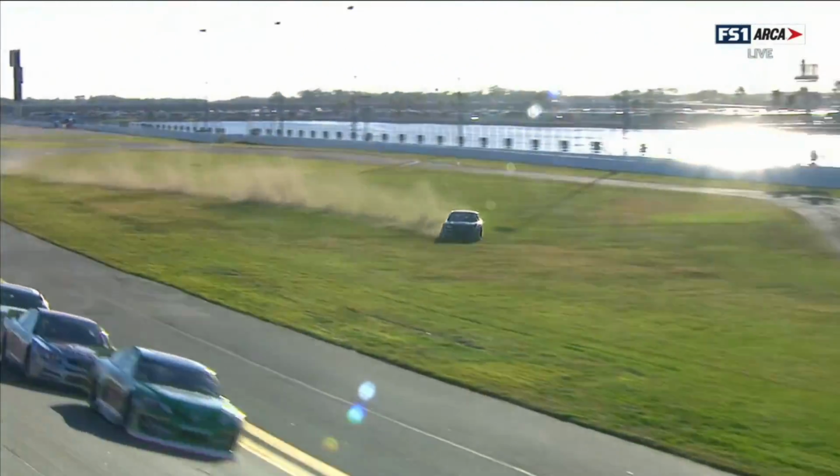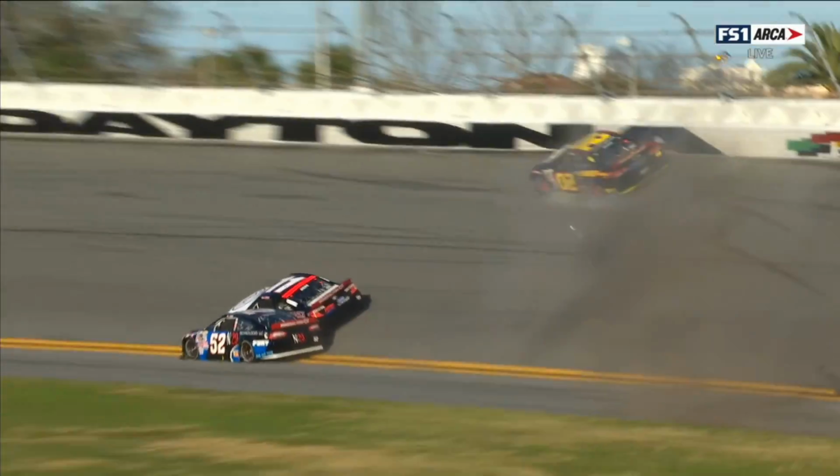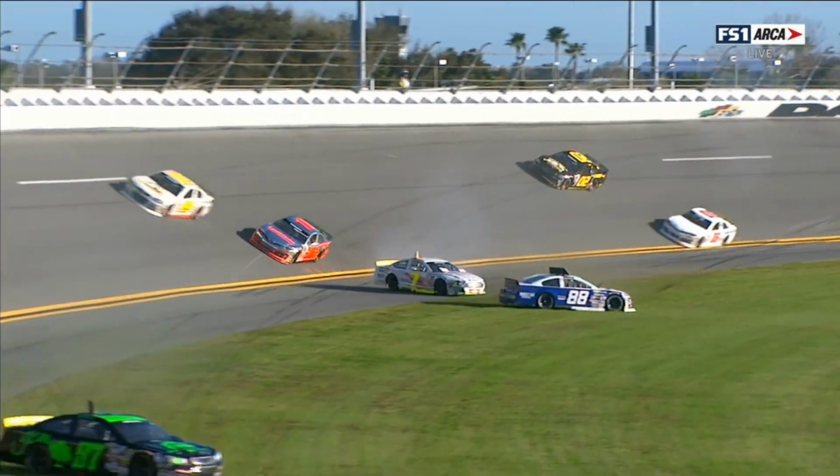I mean, that was probably 6 inches, and it just hooked him. His spotter's probably got a pretty good view of it. There was about 2.75 of a car length. That was David Gravel at 28, and Andy just didn't quite have enough room here, and it's hard to see for those spotters all the way to get the best view they could. I thought to a point he was clear, but he made the